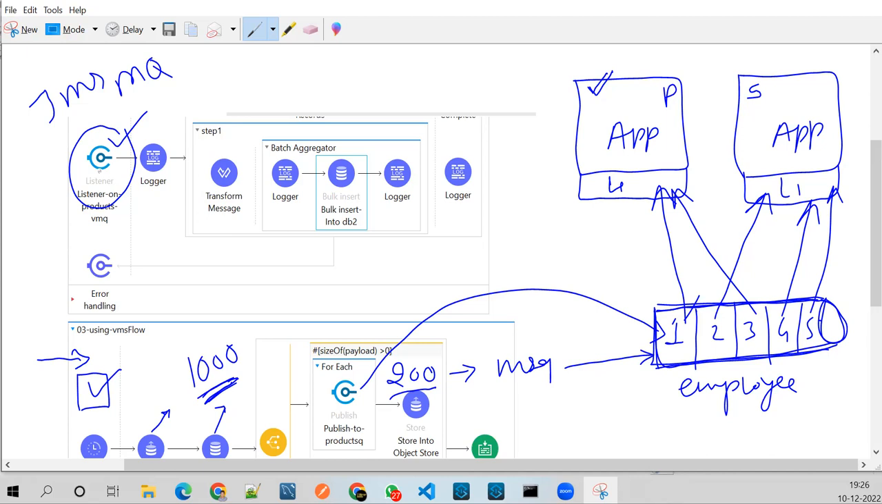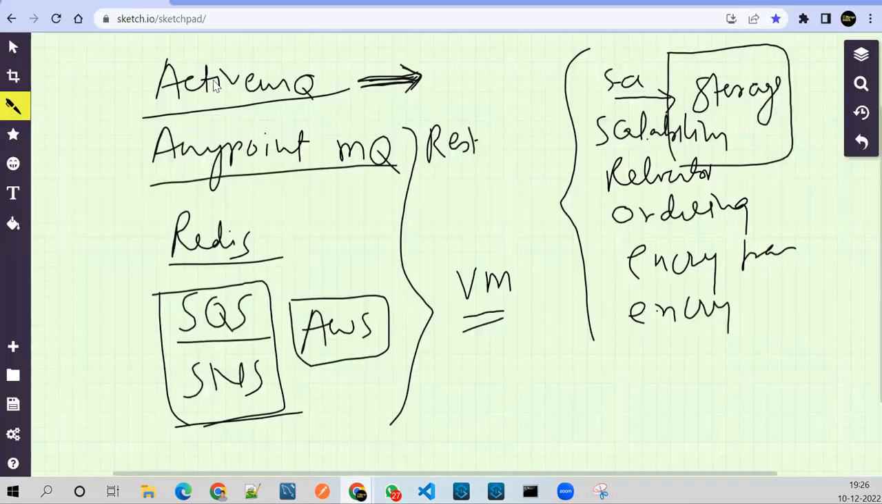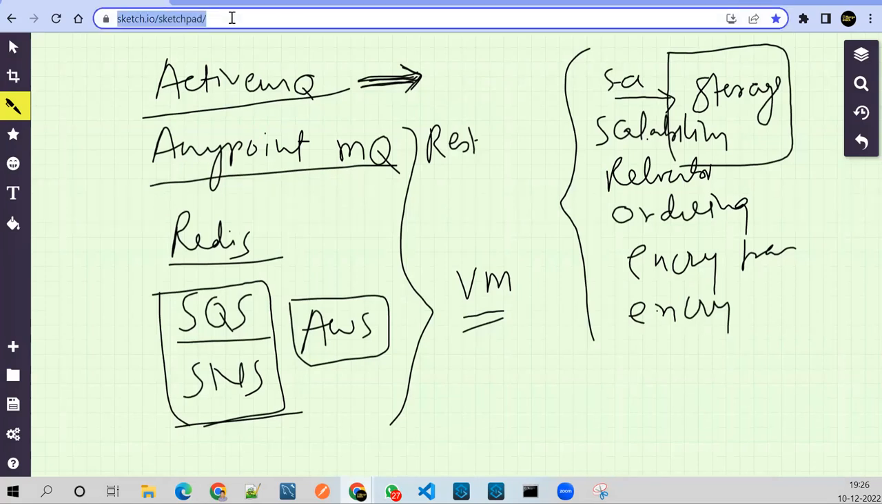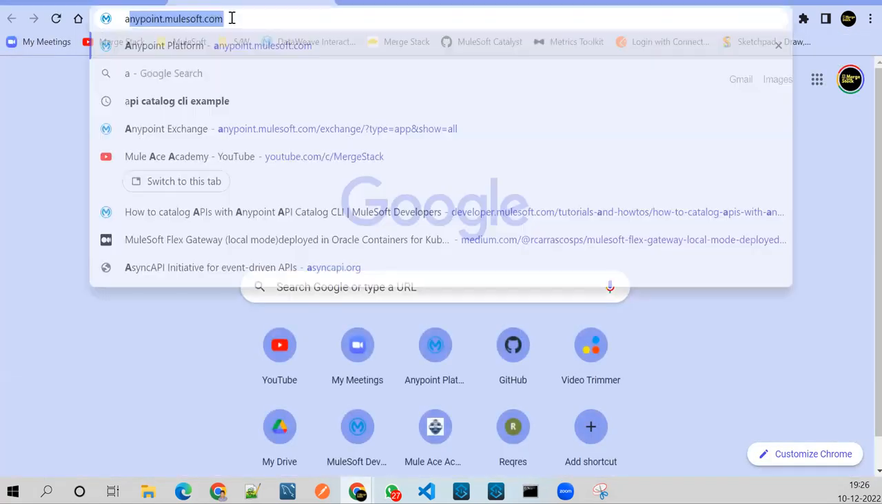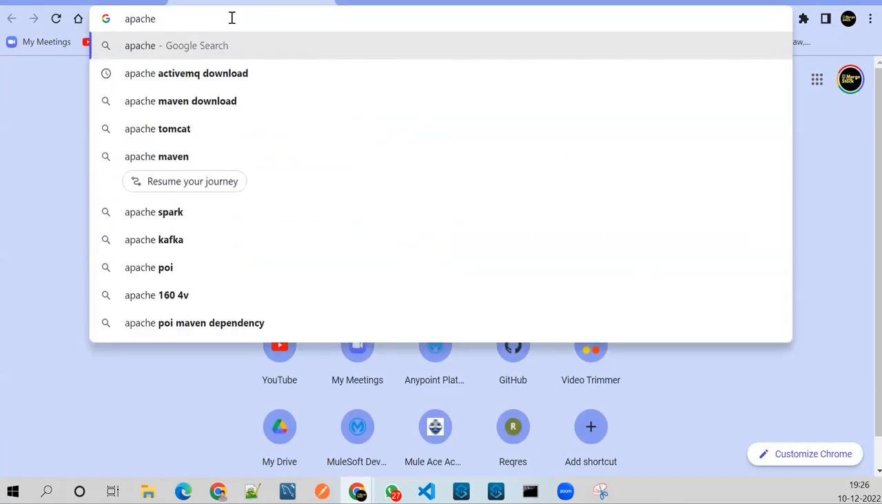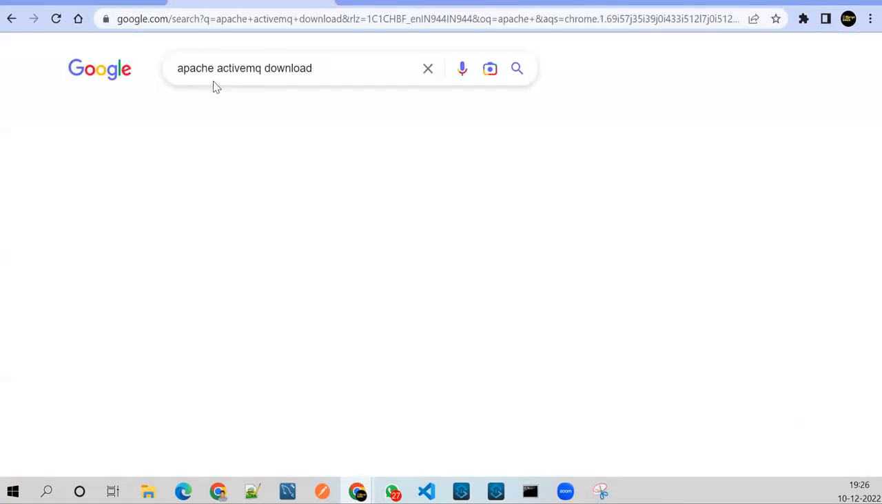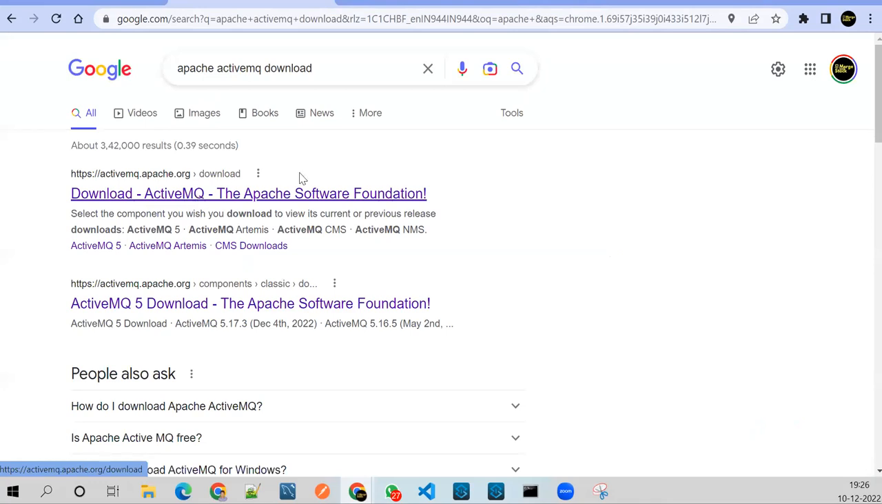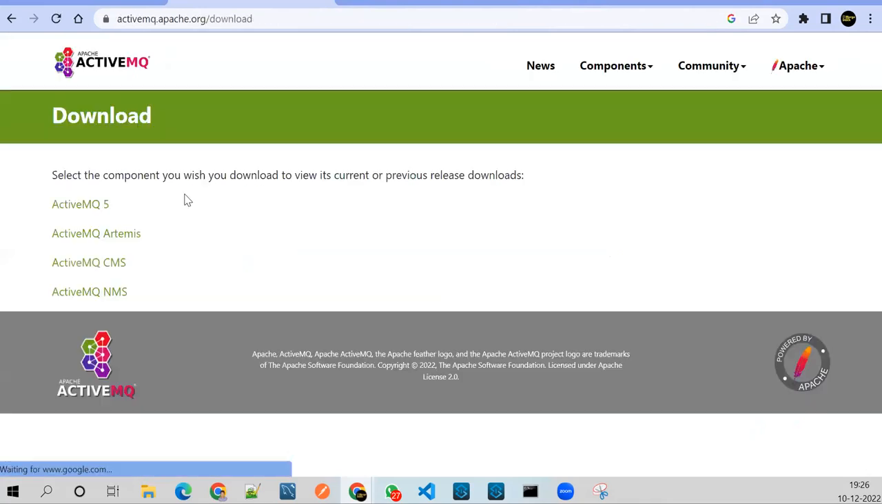As I mentioned, I'm taking the example of Apache ActiveMQ. So go ahead and try to download it. I'll go ahead here and say Apache ActiveMQ download. Go ahead and download it. You'll get the latest version of ActiveMQ. Go ahead and download it from here. Once you download it,